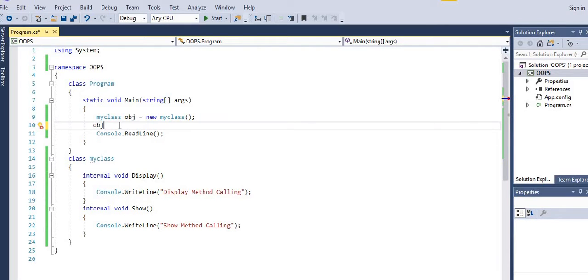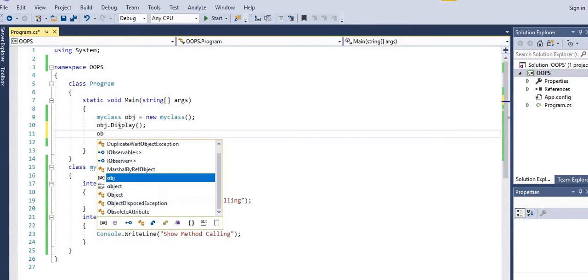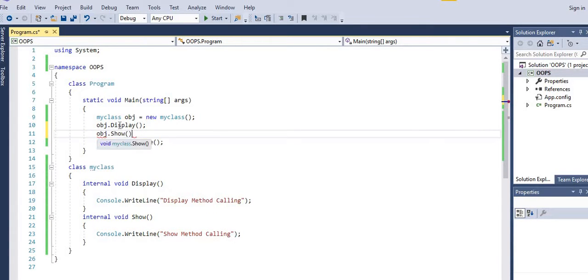So I am using that display method. Another one is obj dot show. Now once the program starts to execute, the compiler will start from here, using the class, and it will create the object of the class. After that, on the 10th line, once you create the object, the compiler will go here and create this object for this class.